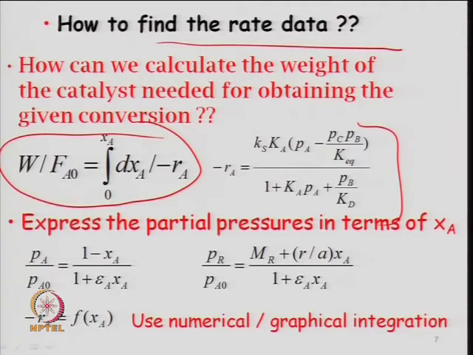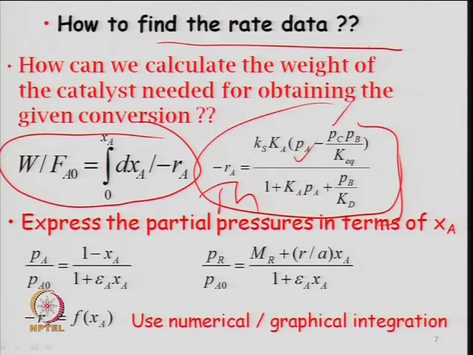So, now you have rate data as a function of W by F A naught, and rate will be a function of partial pressure, of temperature, and of other parameters, say when an inert is added. So, the effect of inert, everything, whatever design of experiments you have made depending upon the mechanism postulation, and the rate has theoretically been correlated something like this. This is just one correlation, the theoretical rate basically. Experimentally this is the data; theoretically you have devised the mechanism and evaluated the rate, and now you have to look at the effect of the partial pressure of each species. This is for the cumene reaction which we have discussed, for benzene and propylene.